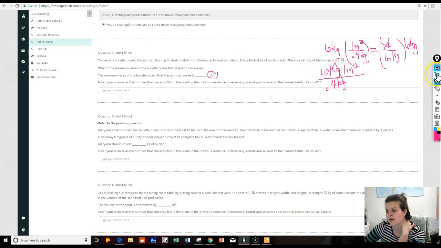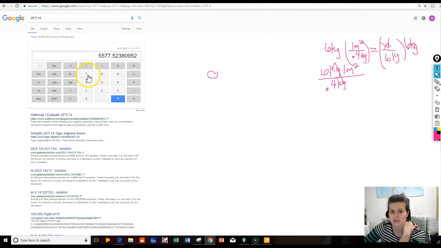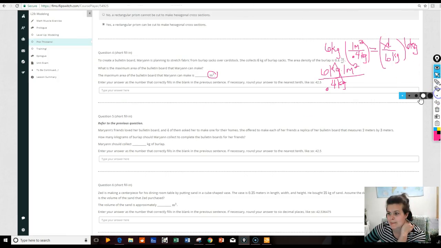And so in my calculator, I'm going to type 6 times 1, because those are my numbers, which is 6. 6 times 1 is 6, and we're going to divide it by 0.4, because that's still the number in the denominator. So we're left with 15 meters squared. So this side reduces down to 15 meters squared